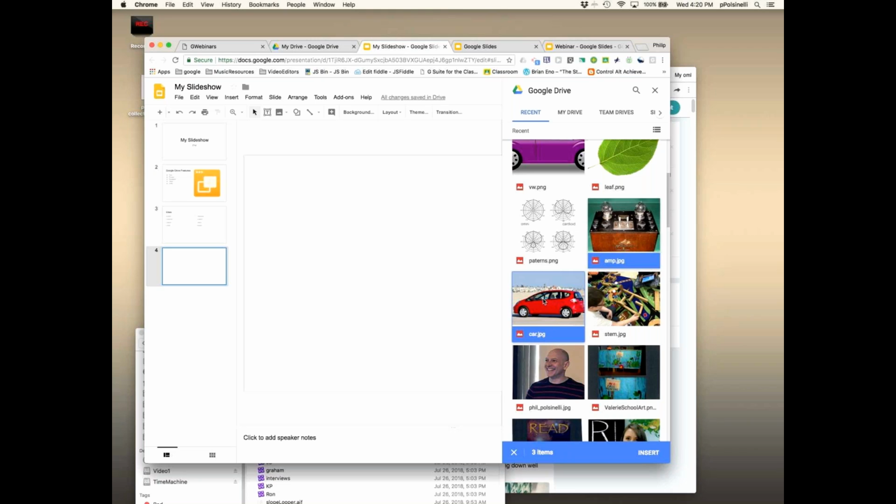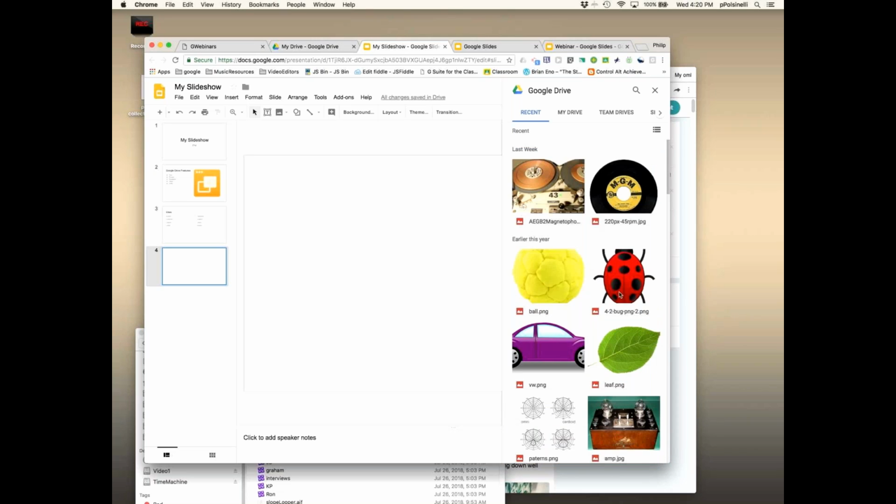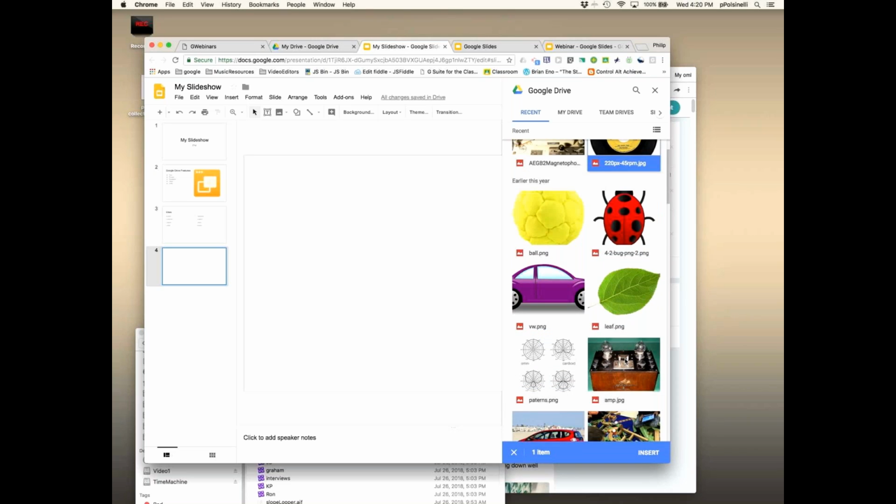Now I'm going to unselect this car. Hold on, let me start over again. So I'm going to start with this, and I'm going to do this. Now watch what it does when I have 2 images. By the way, this only works if the images fit on the slide together. So what I'm going to do is I'm going to hit insert,